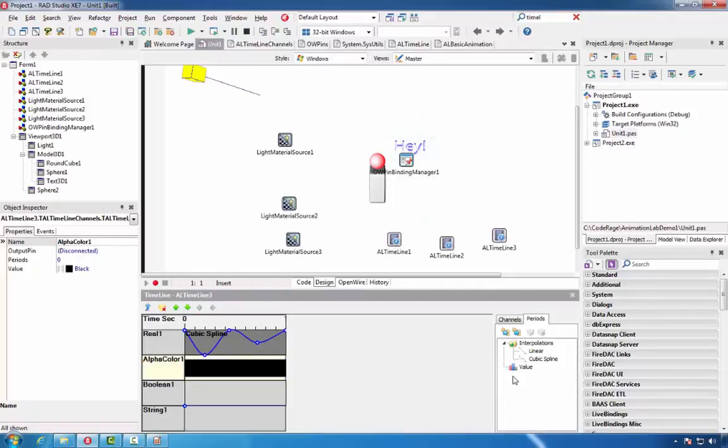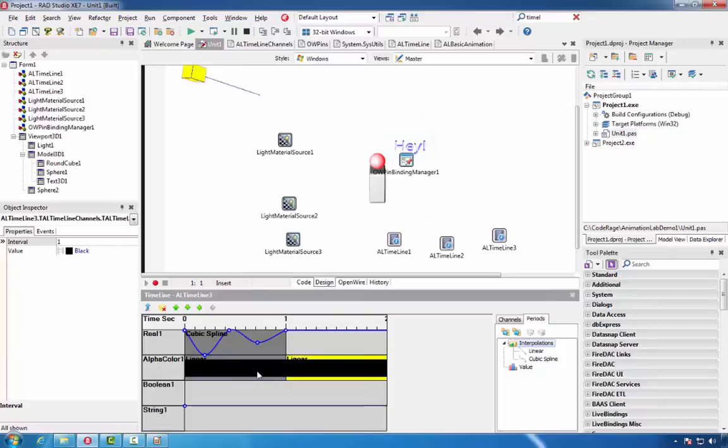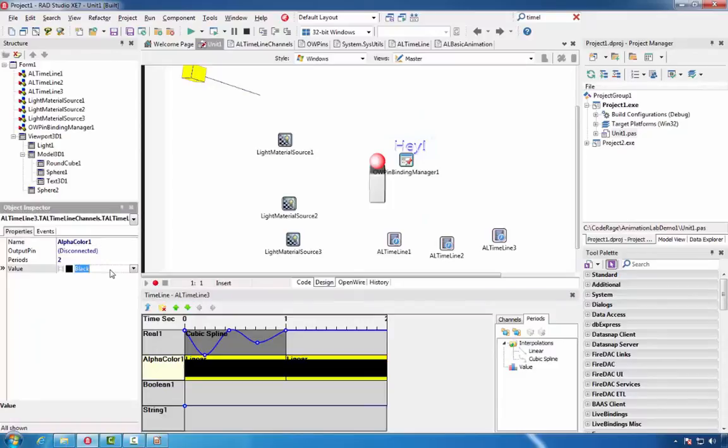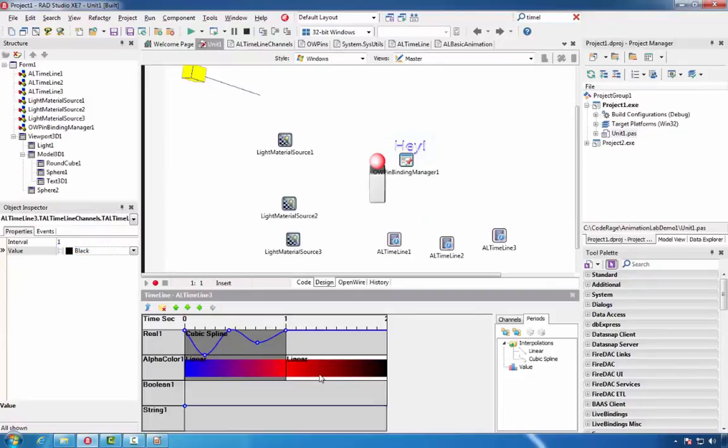For the alpha channel, we'll just add 2 linear periods. We'll set initial value of blue, value for the first period red, and will not change the third period.